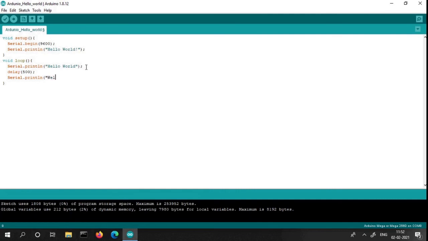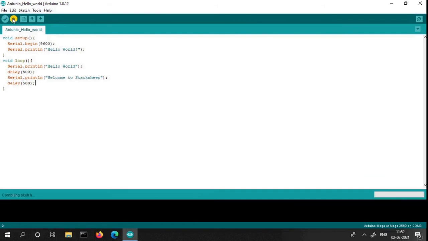In Serial print is stack and heap, that is what we are going to provide. Welcome to stack and heap. In this program we do not need to provide any circuit, because this is a simple program. So we provide another string and another delay function too.